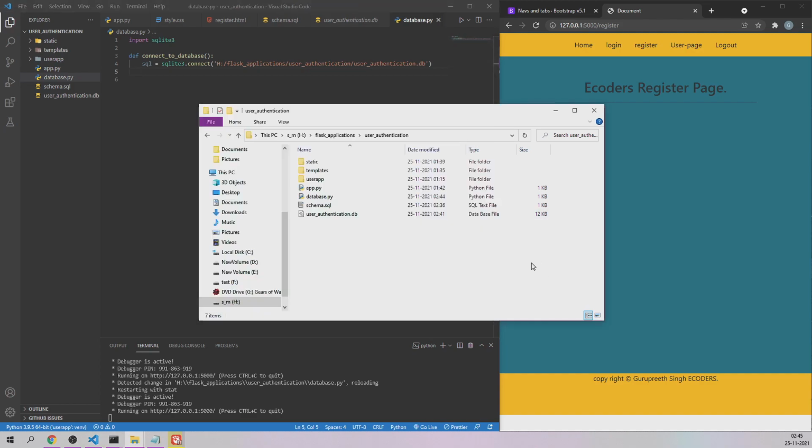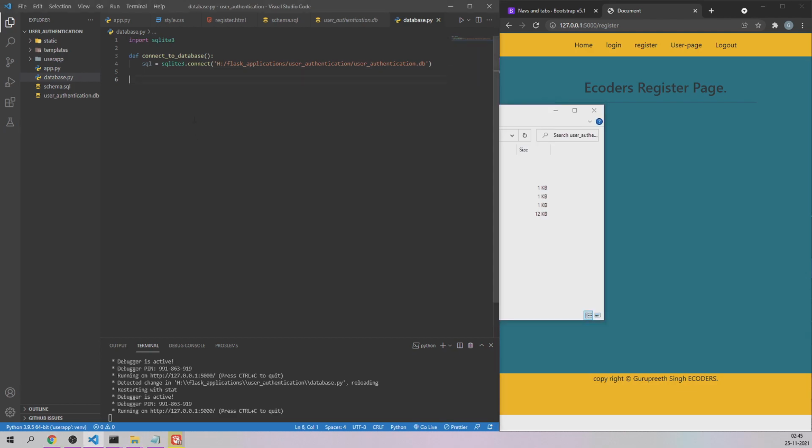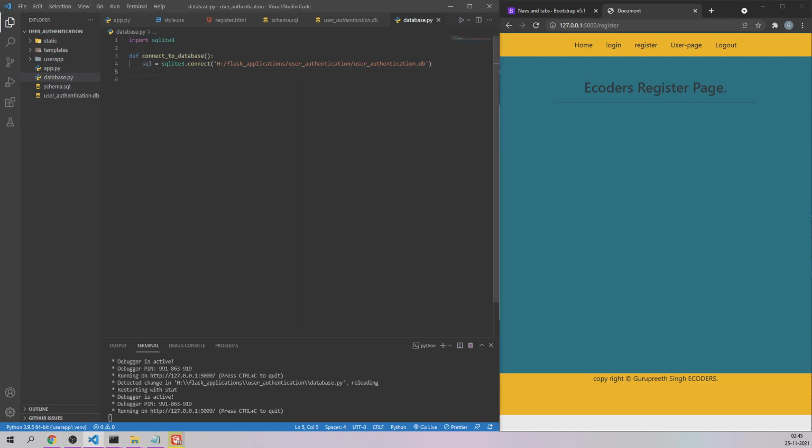And the next line, inside this database I want all the values row wise. So what we are going to do is say to the SQL variable which you have taken, dot, and there is an inbuilt function called row_factory. I'm going to use that, and on this sqlite3 I'm going to call a class called Row. It's going to be mentioned like this, and this function is going to return your SQL variable.